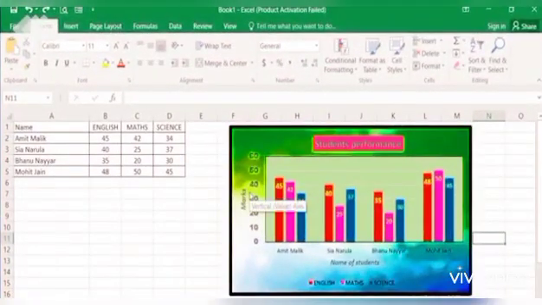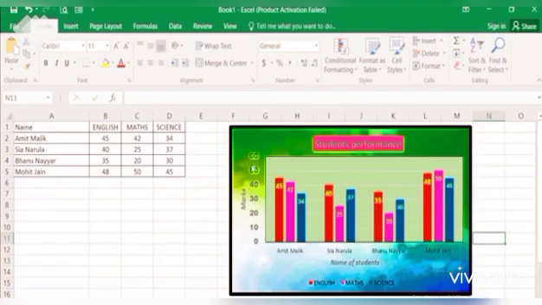Now, after learning how to format a chart and how to insert all the chart elements, there is one more thing that we need to know, that is how to change the value of the value axis. See, this is the value axis. If you have noticed, I have not given these values 0, 10, 20, 30. Excel automatically creates the values for the value axis looking into the data entered by the user.